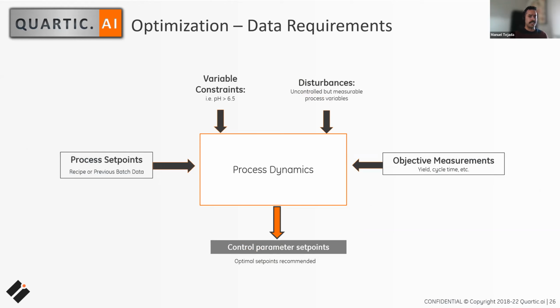Again, as Xiao mentioned, we can add more information to make this model even more powerful. We can build constraints on other secondary outputs to further narrow the set points that are recommended to the user. And you've probably got uncontrollable variables like ambient conditions that influence your process. Those can be incorporated into the algorithm to modify the set point recommendations from day to day to always ensure the best possible outcome. In terms of data requirements, that's it.